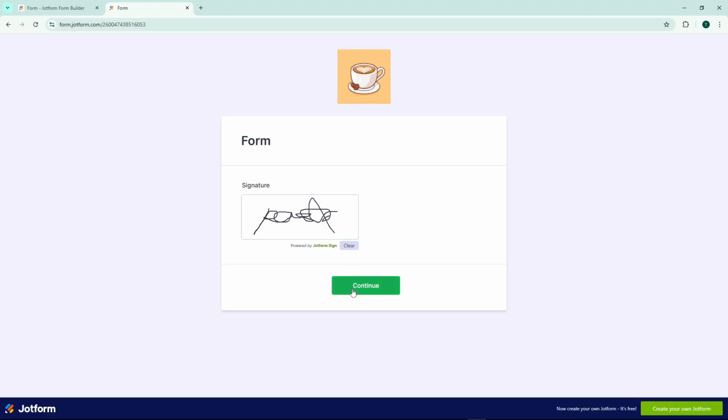And there you have it. You've successfully set up a form with Jotform Sign automation, complete with audit trail functionality for professional signature